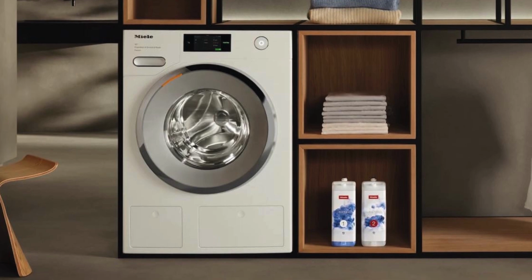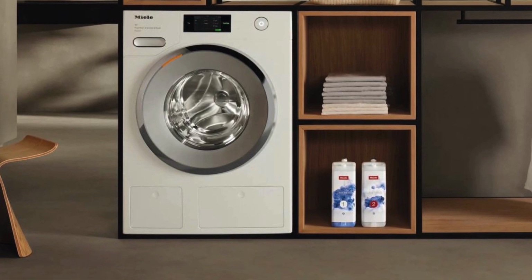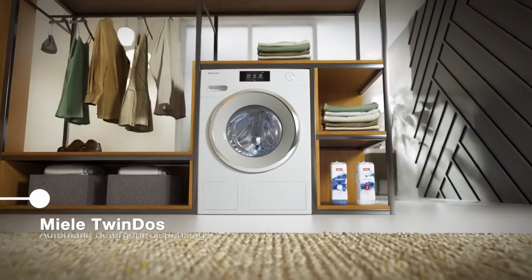For anyone in need of a top-performing washer that fits into tight spaces, this model stands out as the best